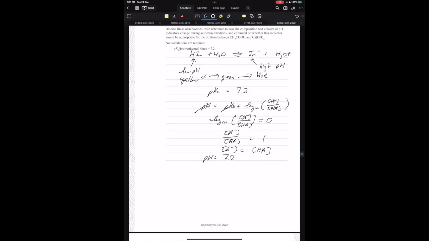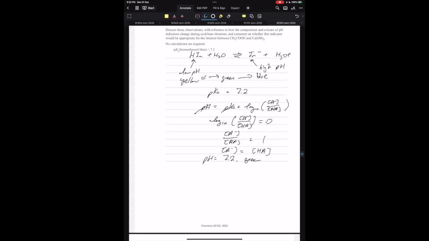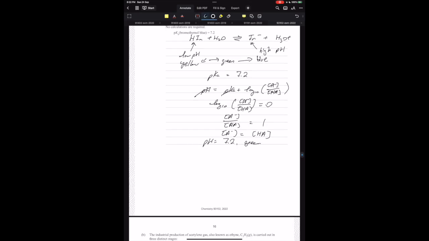the color of the solution would be green, because the conjugate base and the acid would be present in roughly equal amounts. And there's a general rule for how far away from the pKa you can deviate, and that is a plus or minus 1 rule. So if your pH lies between 6.2 and 8.2, then it's good enough for